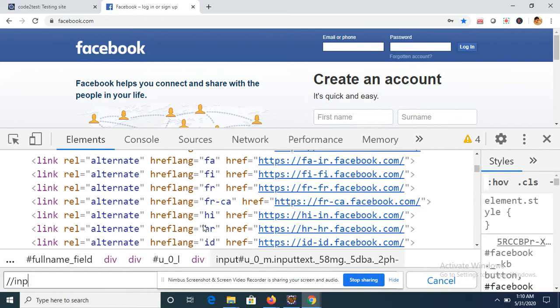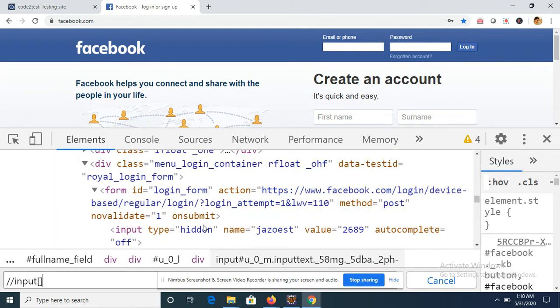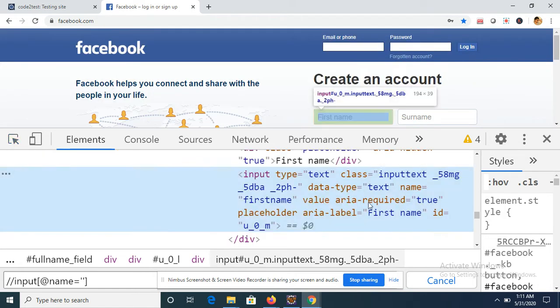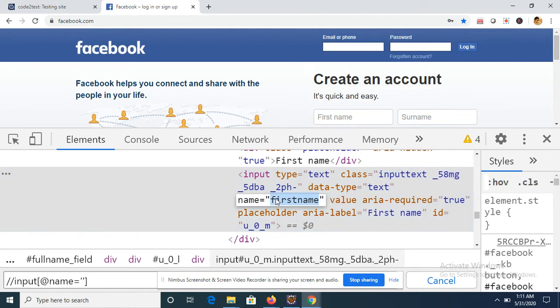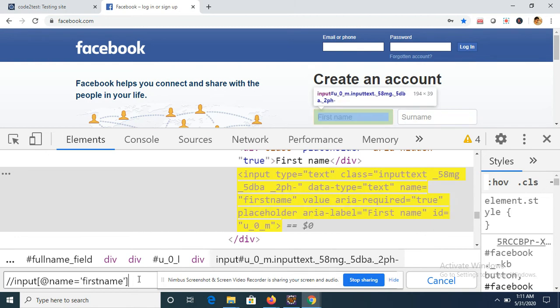Just write input, this is the tag name. We are inside the input tag. The attribute name equals first name. Just copy this first name. You see that it got highlighted. So this is my accurate XPath.